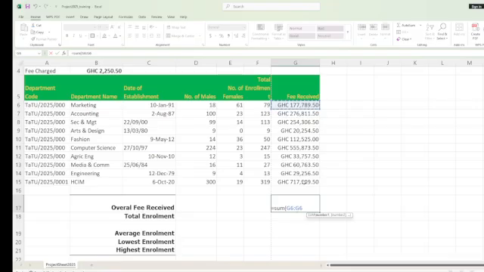Then you tell it that I am going to G15, so you click on G15. So you close the brackets and you press enter, and automatically it will calculate the overall total fee received